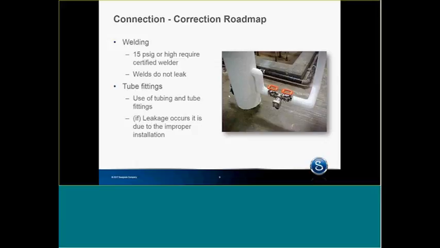The other thing is that besides welding, we use tube fittings. Use of tube and tube fittings, we've been doing that for 35, 40 years. Tube fittings today are guaranteed not to leak. But going into plants, there are tube fittings that are leaking, and that's because they're improperly installed. The people have not been trained correctly how to install the tube fitting. But if you install the tube fitting correctly, no problem. I'm doing a project right now where the pressure is at 400 PSI.